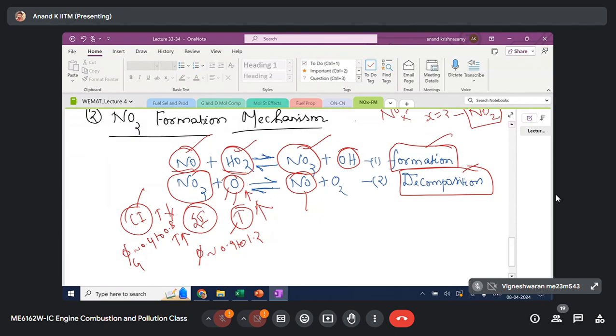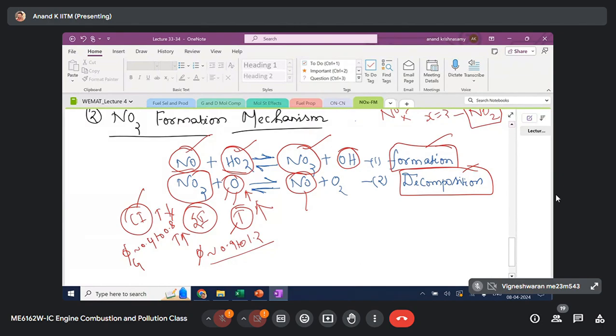Whereas in an SI engine, you have a high operating temperature due to the operating Phi range that is close to rich mixture. That is where the maximum temperature happens. So you always run close to the maximum temperature condition. You don't have much XSR here in an SI engine. So the temperature drop during the expansion stroke, when volumetric expansion of the piston happens, is relatively much lower in an SI engine compared to a CI engine.